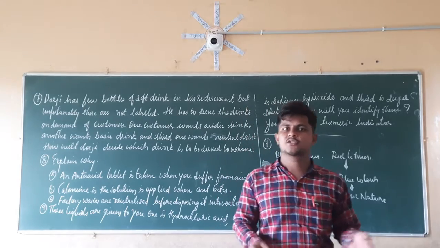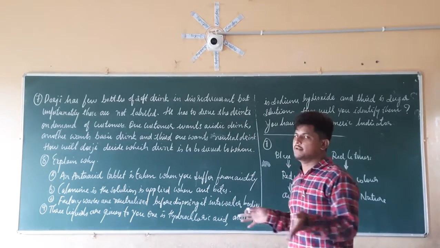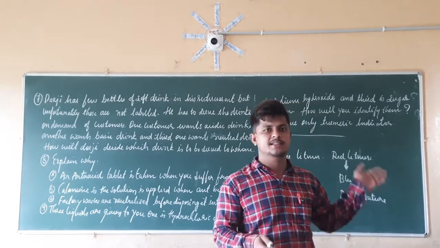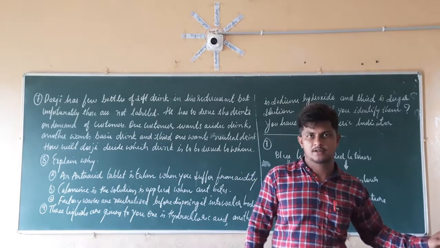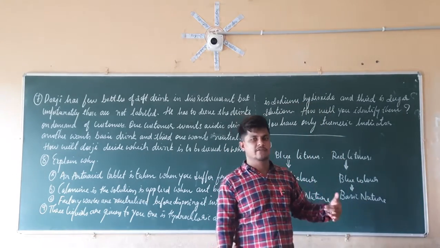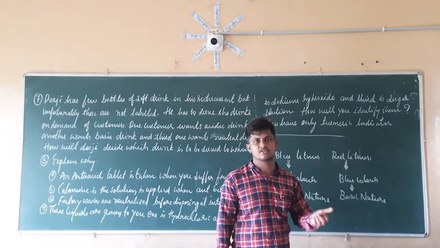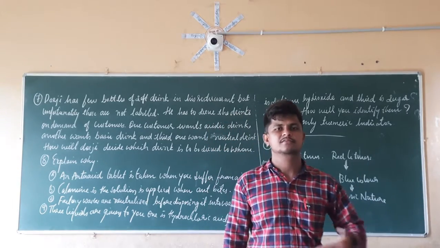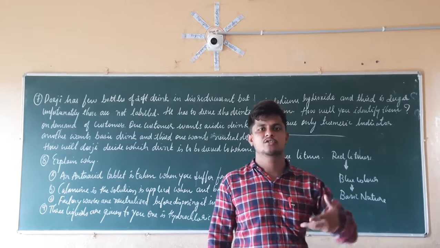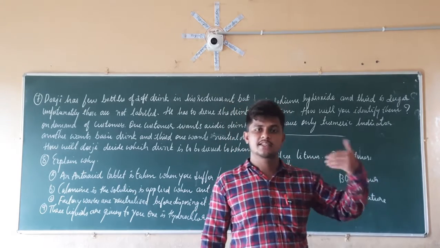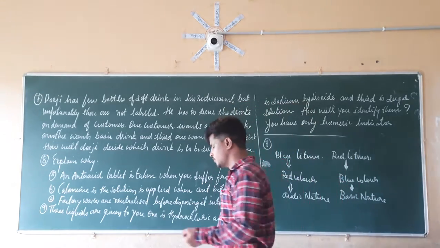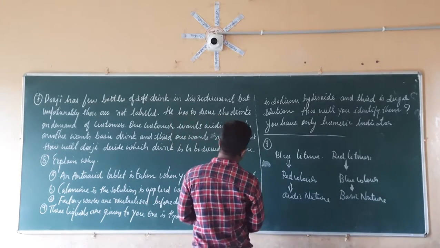Like that, Dorsey is going to identify the acidic, basic and neutral soft drinks by using the litmus paper. The litmus paper identifies the change in color in the blue as well as the red. If there is no color change, then he identifies it as neutral in nature, and he is going to supply the soft drinks as per the demand of the customers. So this is the answer for question number 7.